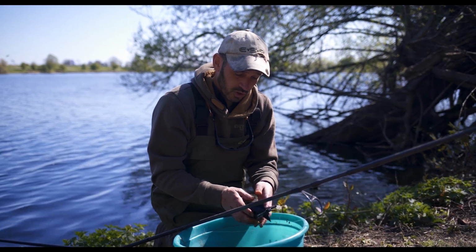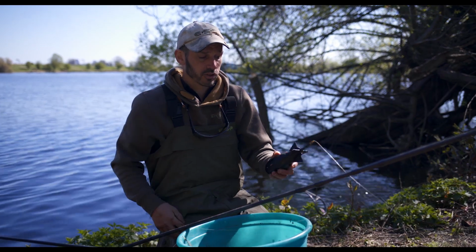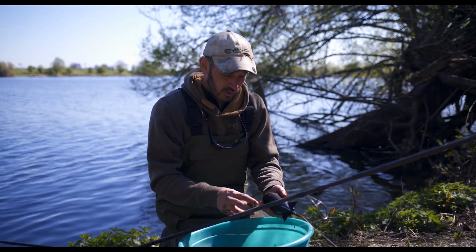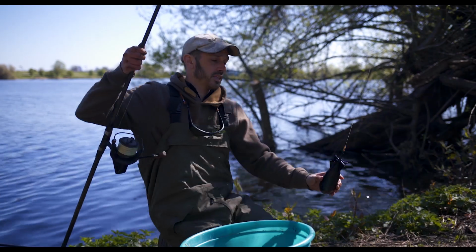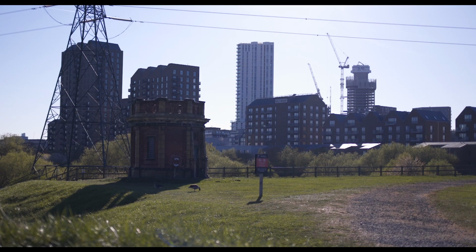And then you've got spom that's got maggot in, ground bait, which gives it a bit of weight. So you've got the attractant and your hook baits that you're fishing with. So that's perfect for bream. Let's get it out. I wasn't too disheartened though, because although it was sunny, high pressure, not a lot of